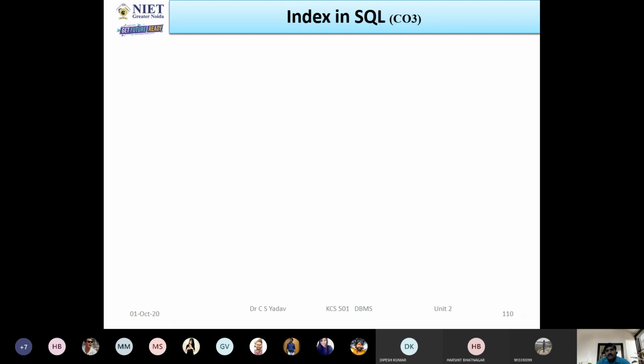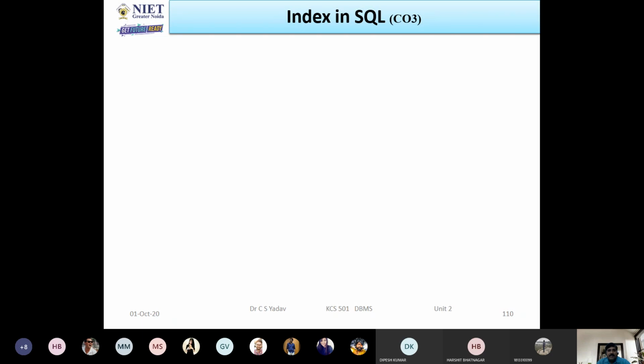That table is called the base table. Through view we can hide the complexity of the query. Second, we can provide an interface between user and database, and we can create different views of the database and provide those views to different users.